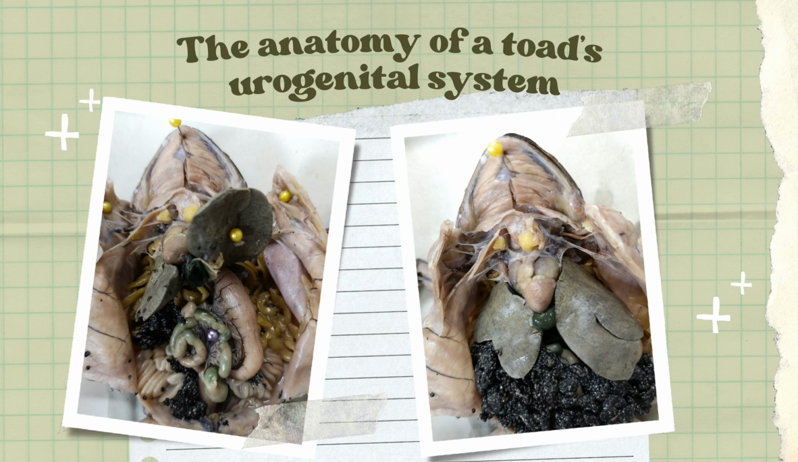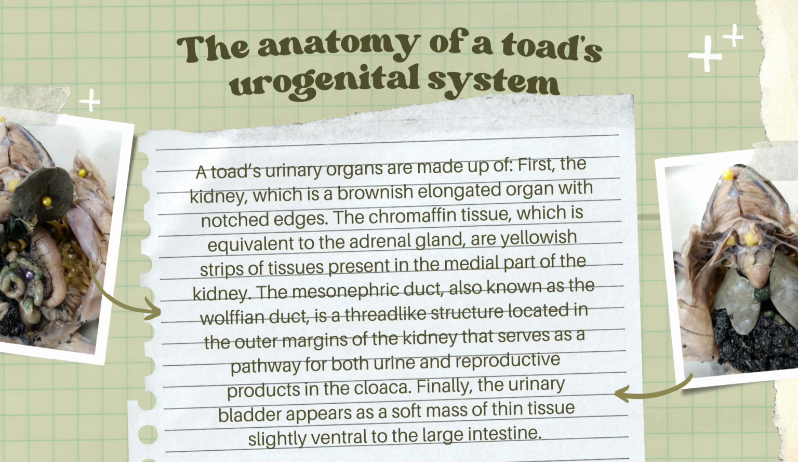We will now discuss the anatomy of a toad's urogenital system, which is the main topic of this lesson. A toad's urinary organs are made up of, first, the kidney, which is a brownish elongated organ with notched edges. The chromaffin tissue, which is equivalent to the adrenal gland, consists of yellowish strips of tissue present in the medial part